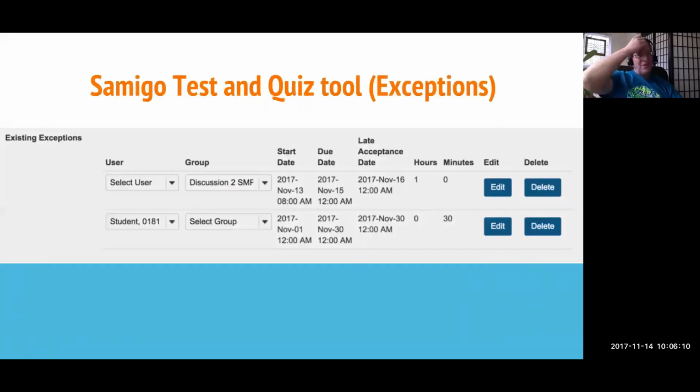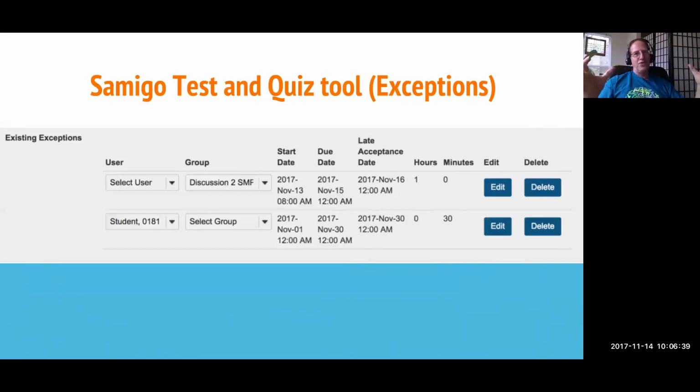A lot of you may be familiar, well, I feel like everybody should know about this feature, but maybe you all don't. I know I've done a lot of testing in this area, and I know a number of people in the community have done a lot of testing in this area. It's a pretty cool new feature. As I mentioned, there might be a little bit more to get it fixed, but it feels to me like the quality of it is getting to the point where it should be released for 12. And what it is, a very important feature for the test and quiz tool, is exceptions,